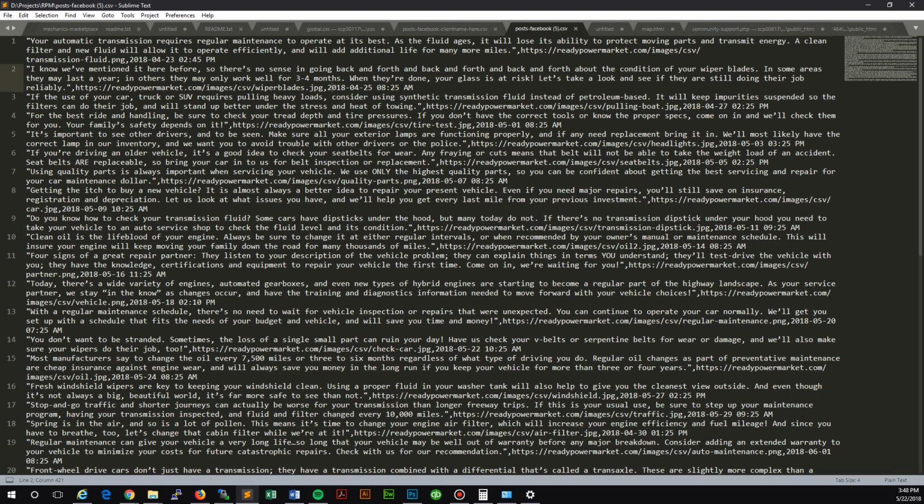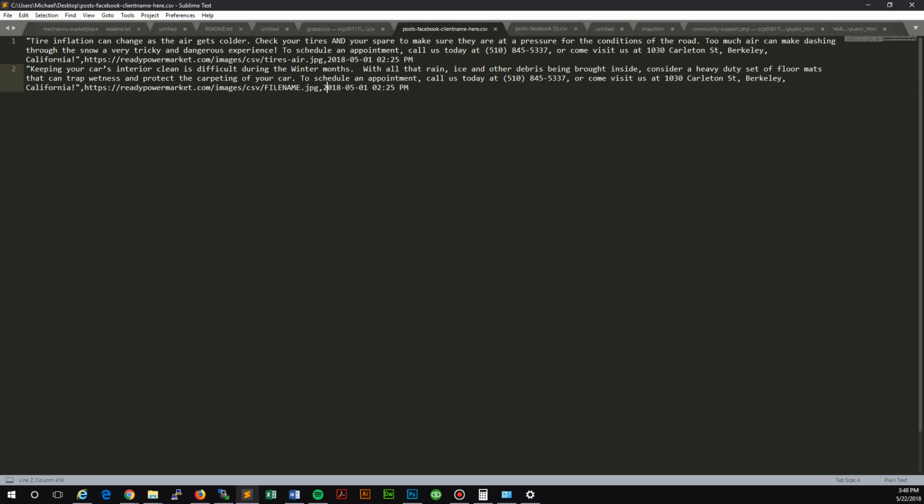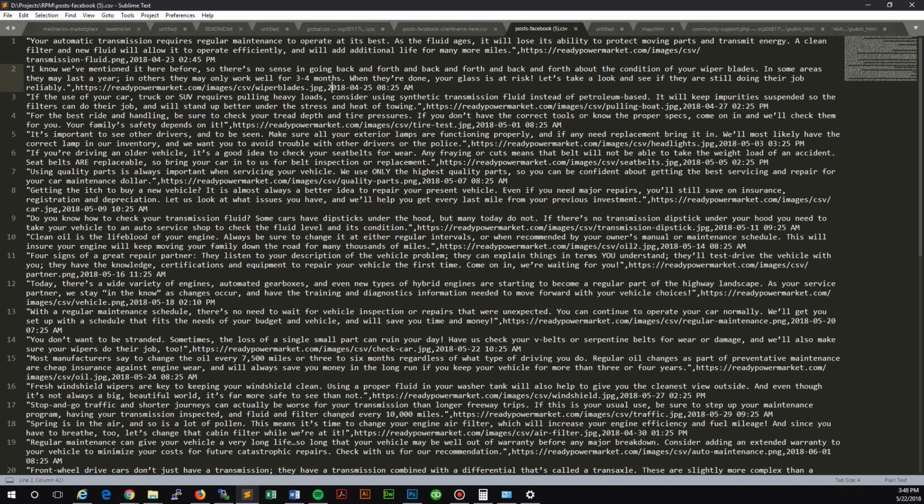Now there's an easy way to do this in Sublime Text, but you have to keep in mind that you want to do this before you set the dates, right? Because if these order sequentially from top to bottom, if you randomize all of these lines, it's still going to read these dates and set it up to queue them to those dates. So set the dates last, and here's how you